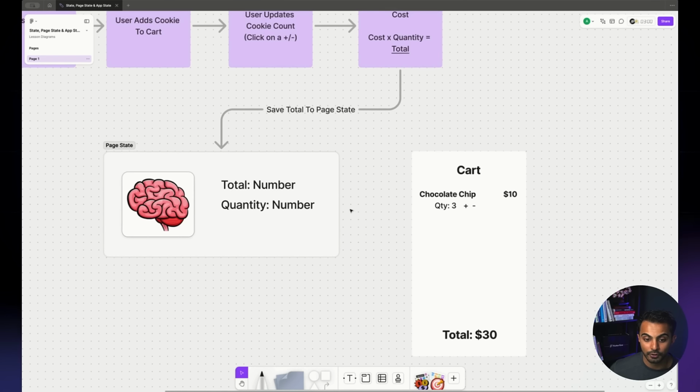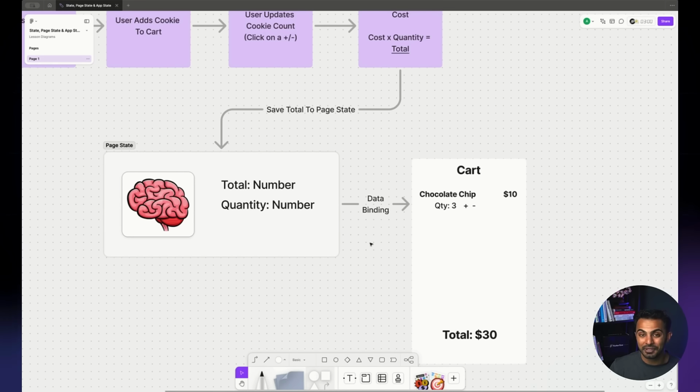I'm going to take this one step further and teach you about a concept here that actually ties all this together. So how do you get this data to show up on the page? Well, this is a concept called data binding, and we haven't quite gotten here yet in the program, but I will, and I wanted to introduce it to you now. Data binding is the concept of taking a piece of data from anywhere, whether it's page state or app state or from a database, anywhere, and showing it on the page. That's the beauty of software development. And once I show you how to do this in FlutterFlow, it's going to blow your mind because this is where the interaction comes in.